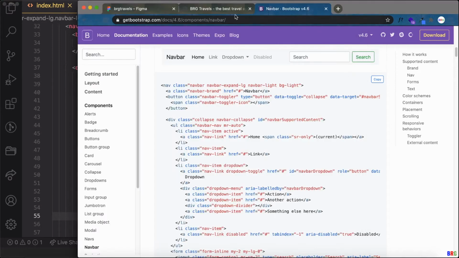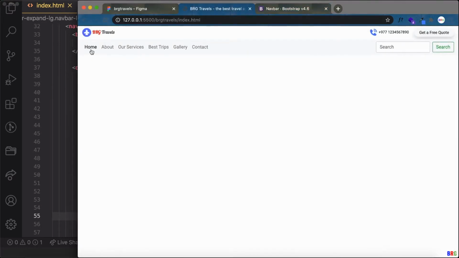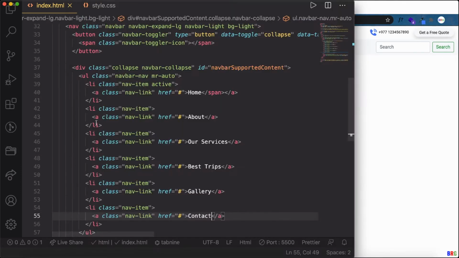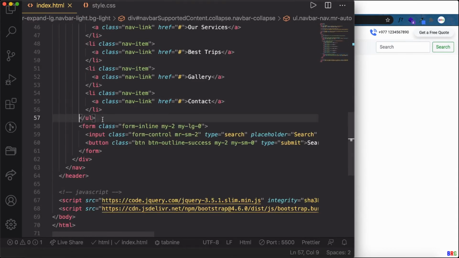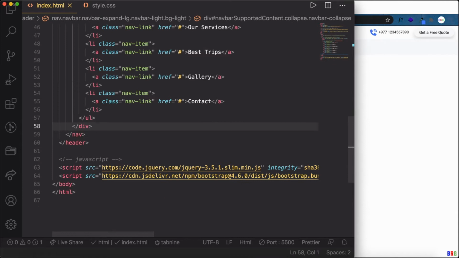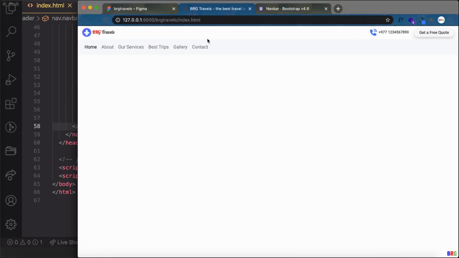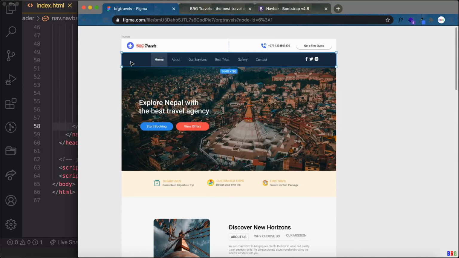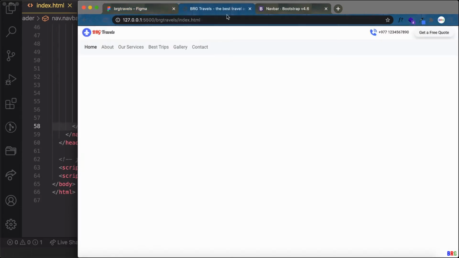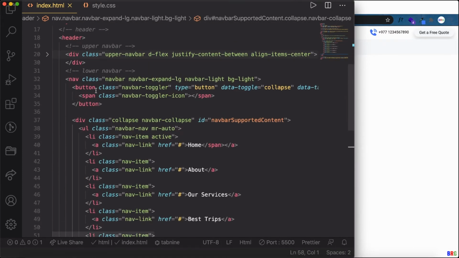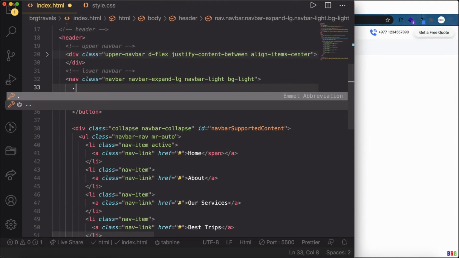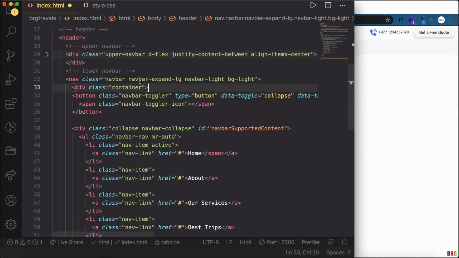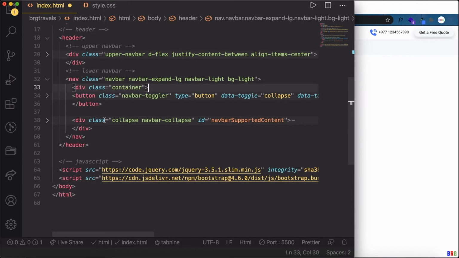And let me see the preview. So I'm getting the intended navbar. So since I don't need the search here, let me remove that. Okay, I remove that now, and I need this kind of effect, some margin here and some margin here. So let me wrap the navbar content into container, this and this,